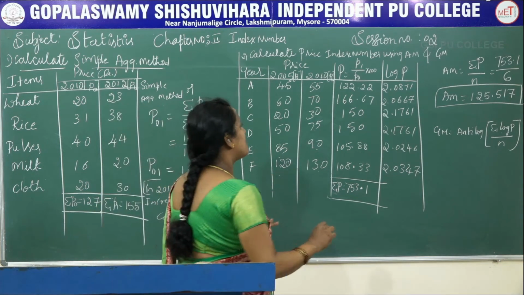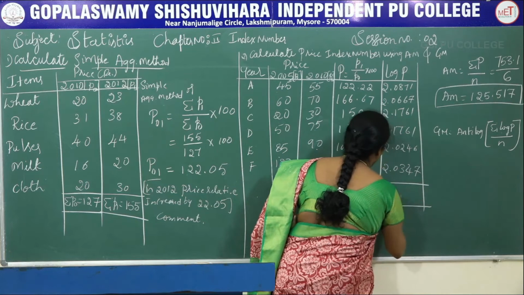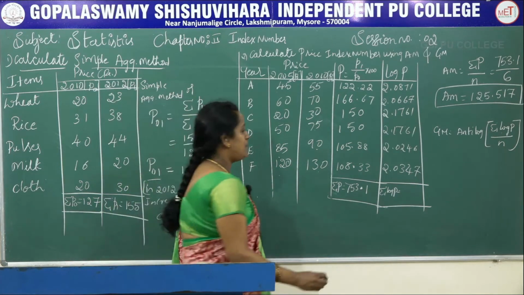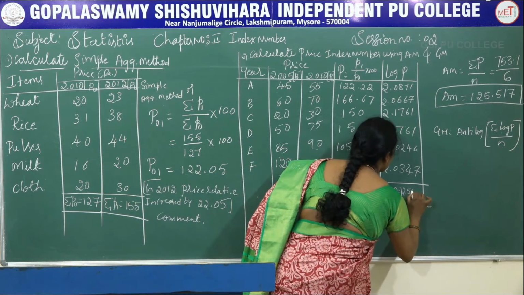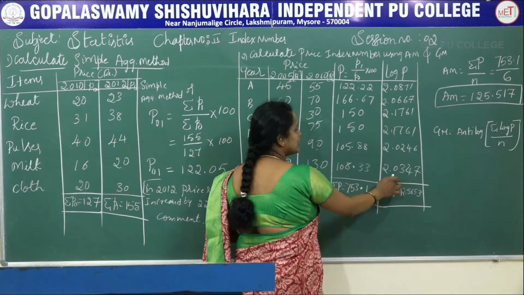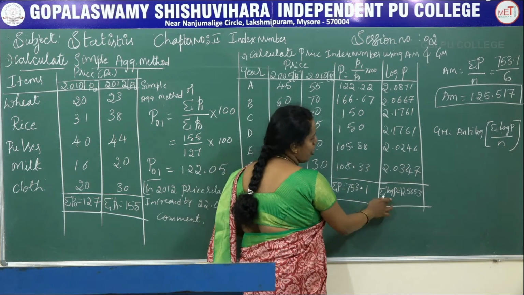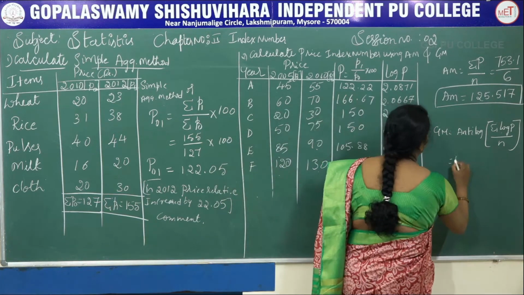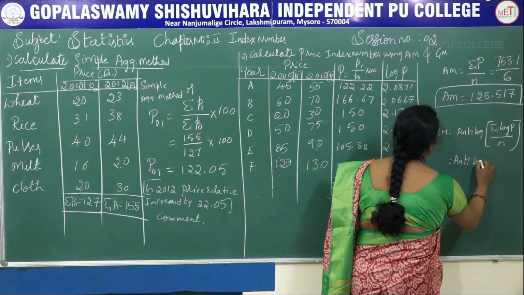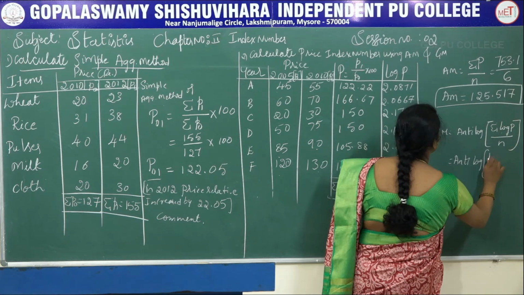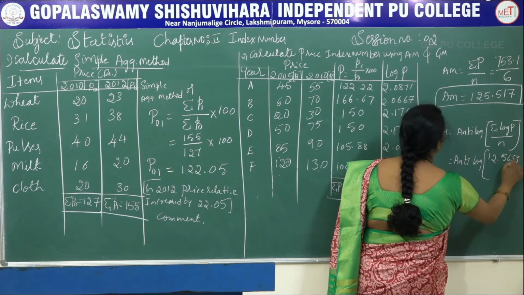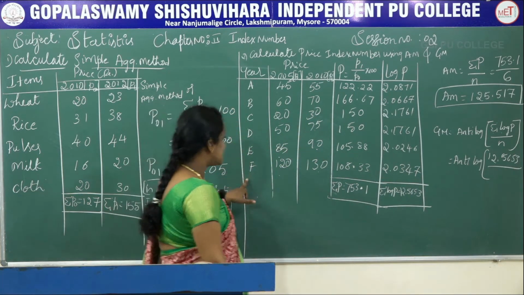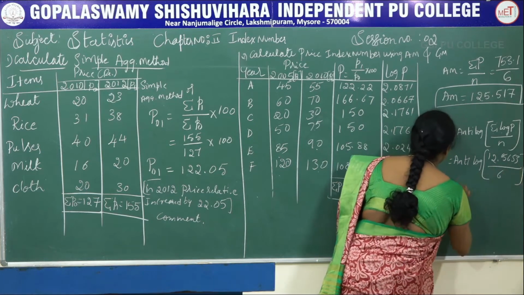Then you take the summation of log P. The summation of log P is 12.5653. By adding all the log values in this column, you will get the summation log P value, that is 12.5653. Then you substitute this value in this formula, that is anti-log of summation log P divided by N. Again your N is the number of years, that is 1, 2, 3, 4, 5, 6, 6 years. We will get